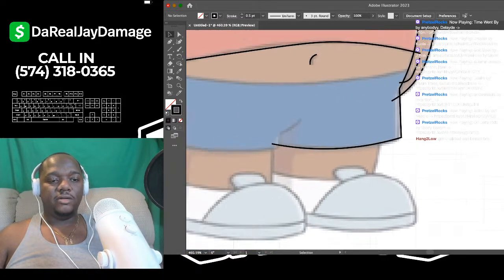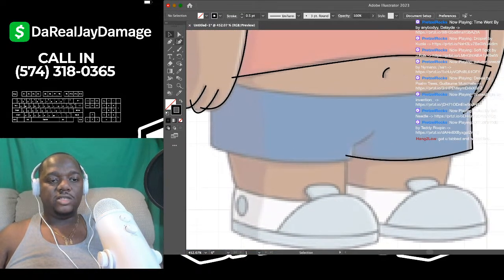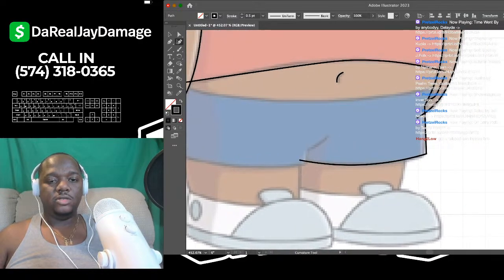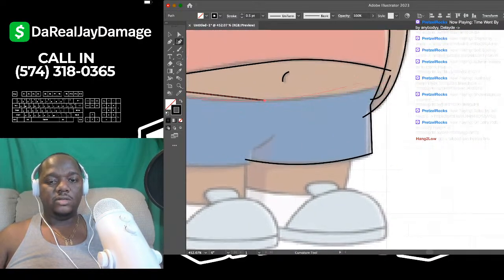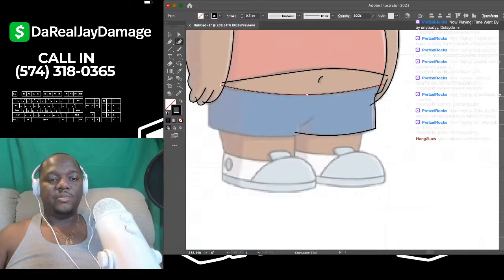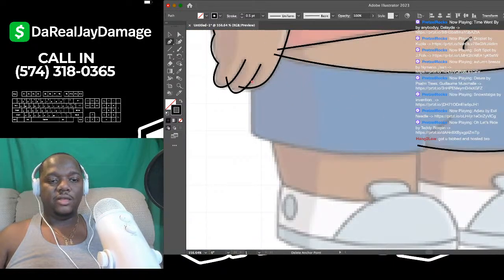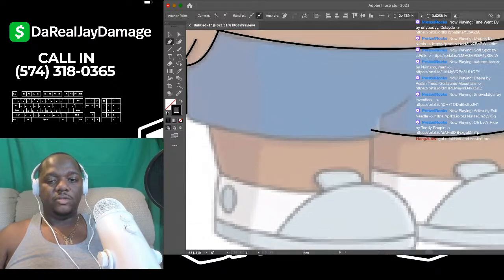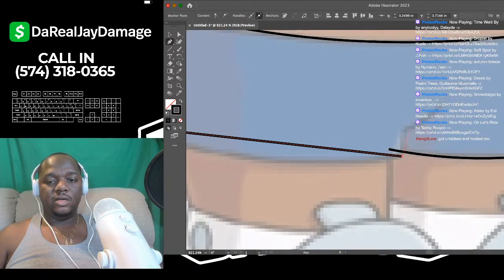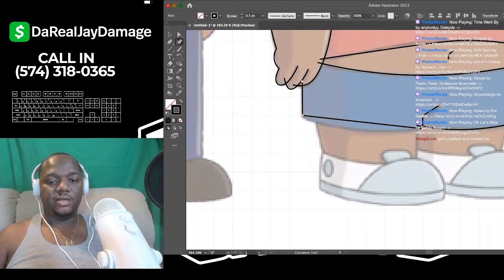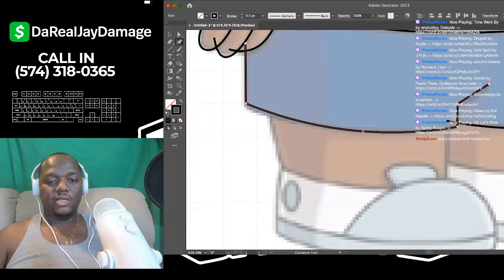So right now, as you can see, I'm using just the curvature tool and the line tool. If you notice, I'm not putting a whole bunch of anchor points when I'm creating these lines. I'm really trying to use the minimum amount of anchor points I can. I'm making long lines and then bending them.